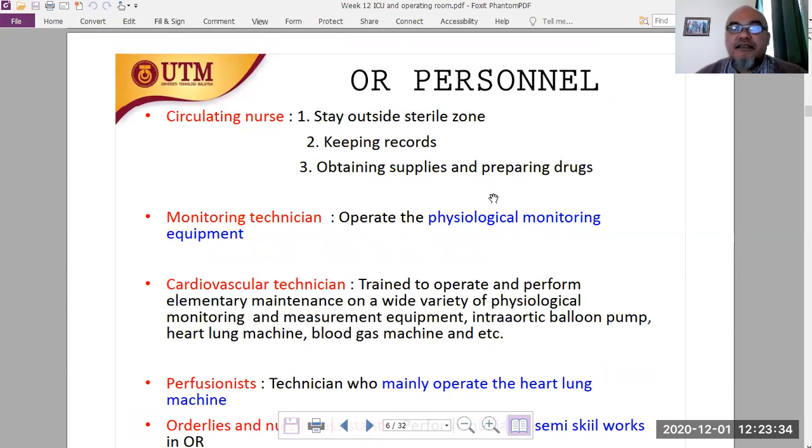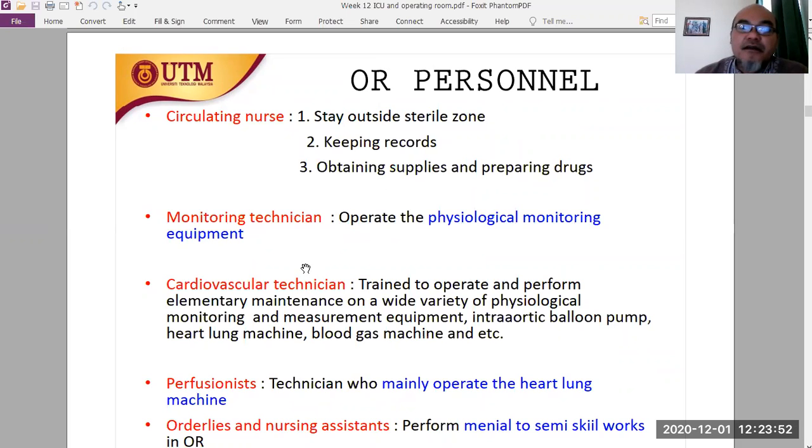Then the circulating nurse stays outside of the sterile zone, keeping records, obtaining supplies, and preparing the drugs. Monitoring technicians: this is where we, as biomedical engineering, can play a role, to operate the physiological monitoring equipment, but also to maintain it. Until now, this function in the hospital is mostly done by biomedical technicians,